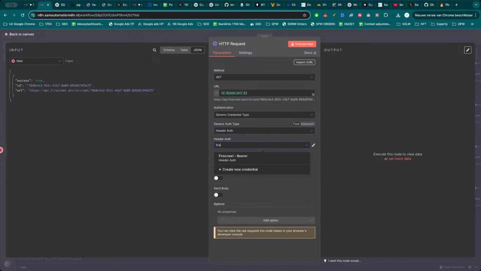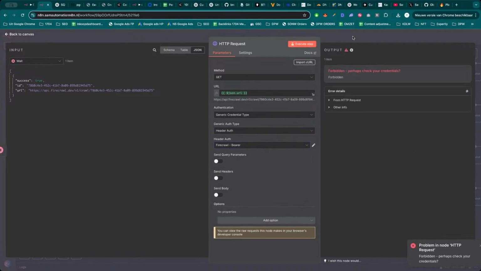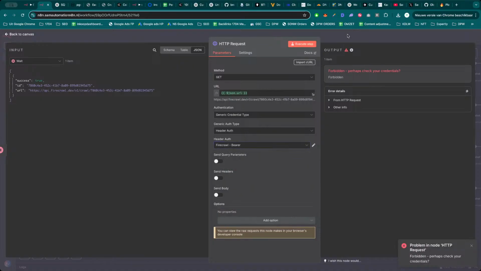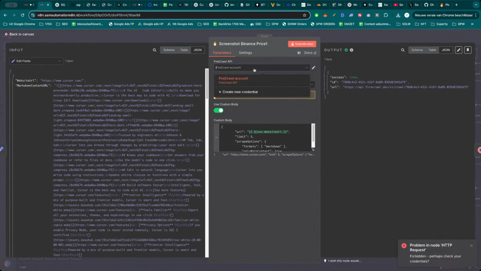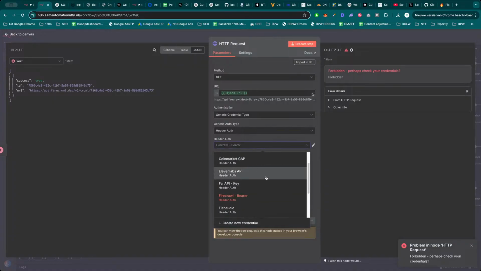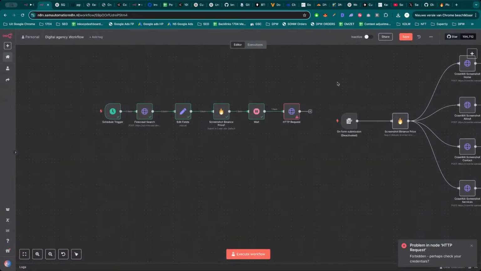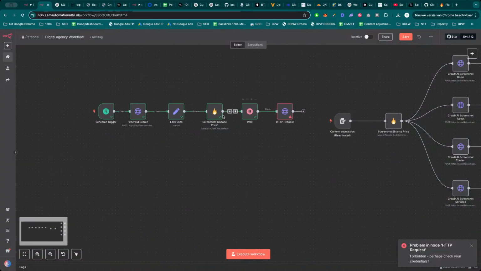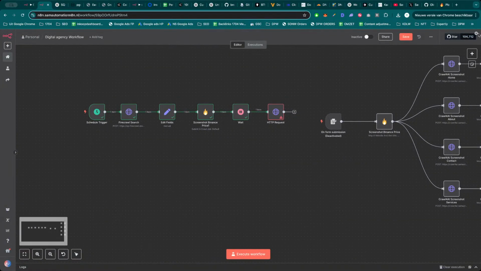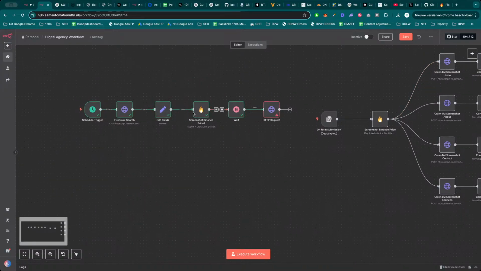and I need Firecrawl. I think this will work. Oh, was that another IP? Which am I using over here? Yeah, I'm using different credentials. I have two credentials in my Firecrawl, in my n8n environment, so I just did two different credentials. But if we are using that, then we should be able to